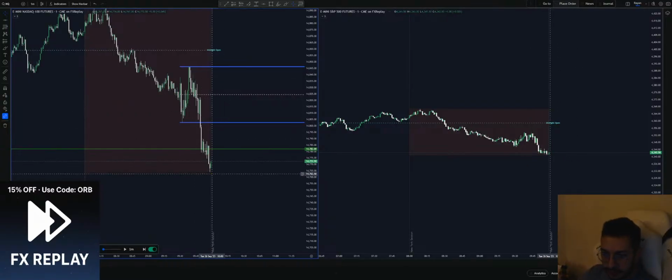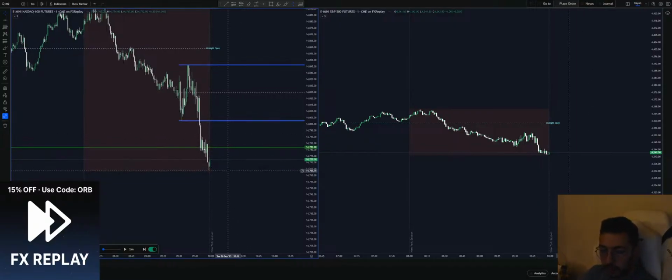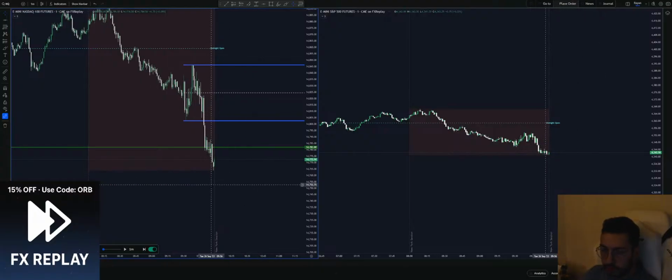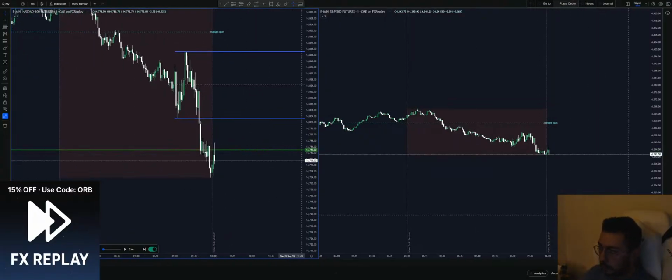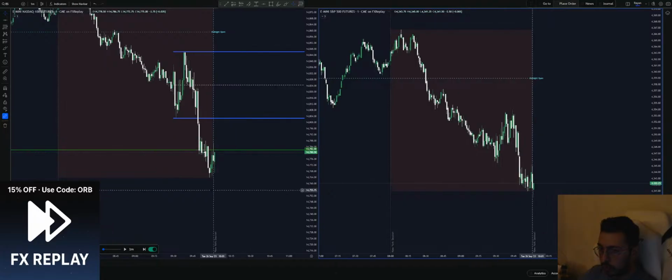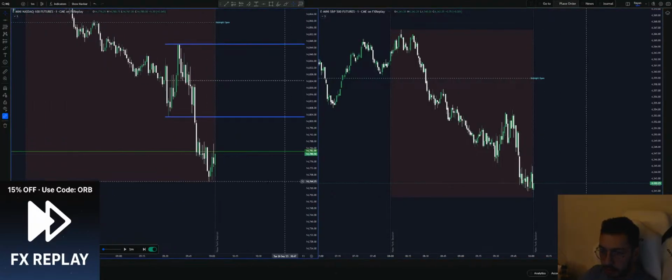Obviously I need an SMT to cover the longs, but if the price did not give me an SMT and then gives me an entry for the shorts, usually I won't take it. I would like to see the price action actually change the structure by breaking a structure, a market structure shift, and then a break of structure. That's where I would go back for the shorts usually. So now, we do have an SMT though.